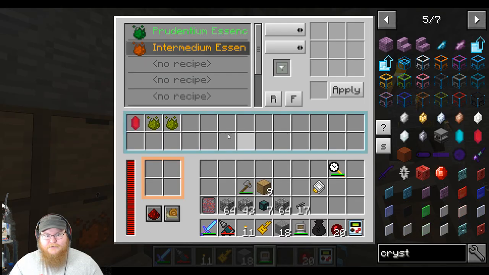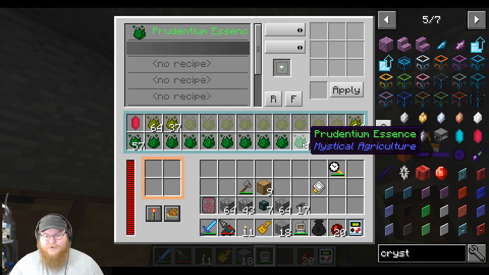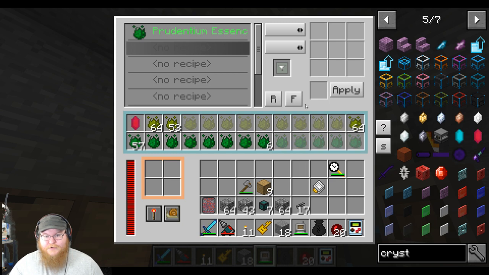Is this the right one? This makes Prudence to Intermedium, and then this one needs to go even one step further. Okay. This needs to go one step further, so I'll need to do this, forget, and then remember. We got to go this, this,